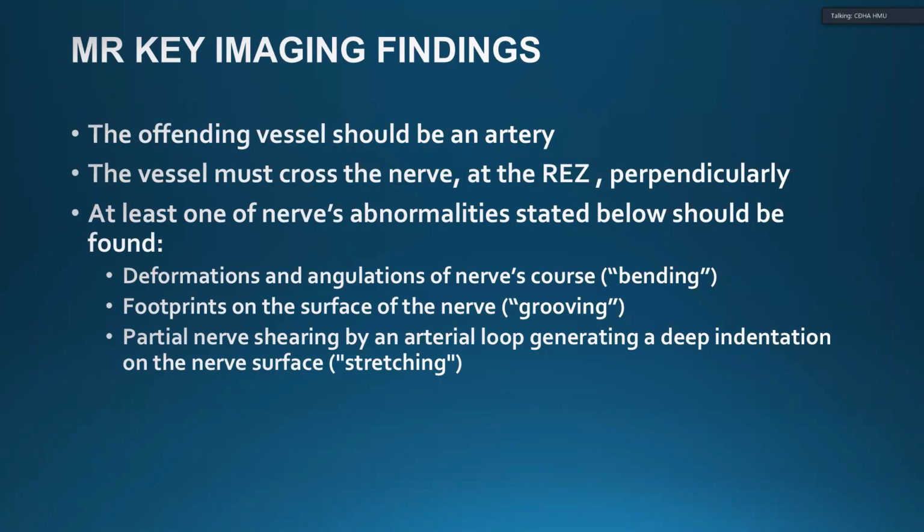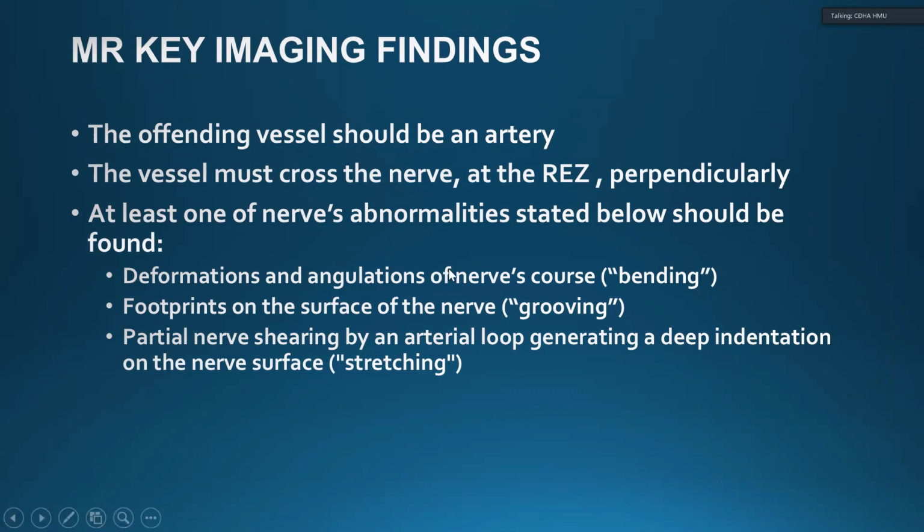And the vessel must cross the root entry zone, which for the facial nerve is around 3 to 5 millimeter, and for the trigeminal nerve is 4 millimeter, right? 4 millimeter. Okay, and